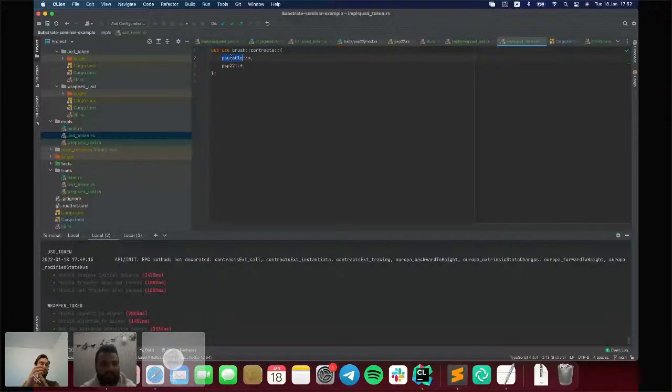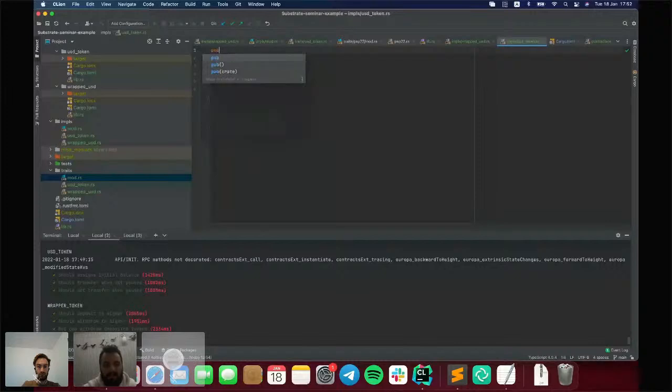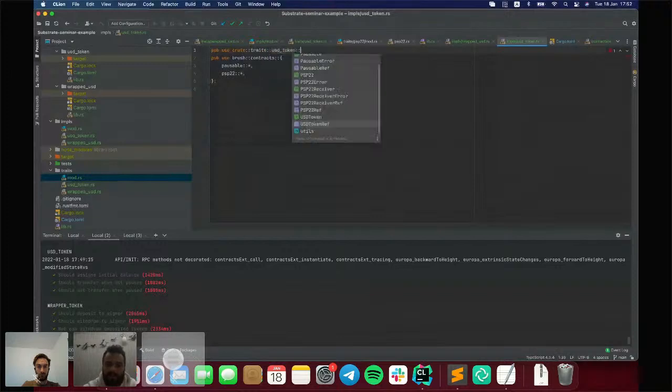It is up to the developer to have the implementation of USD token like this, because we don't need to do that, because it only imports and exports some stuff. But it's up to developers. So let's here use import and export traits for USD token.